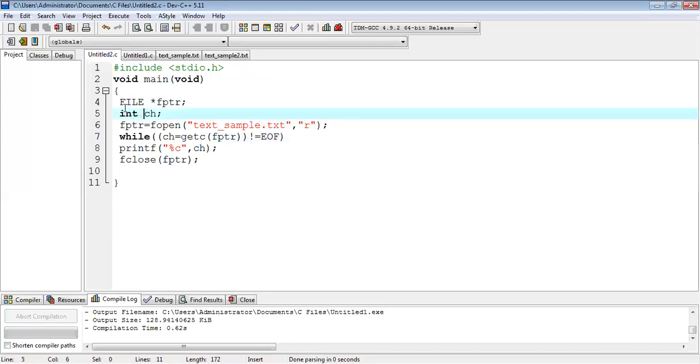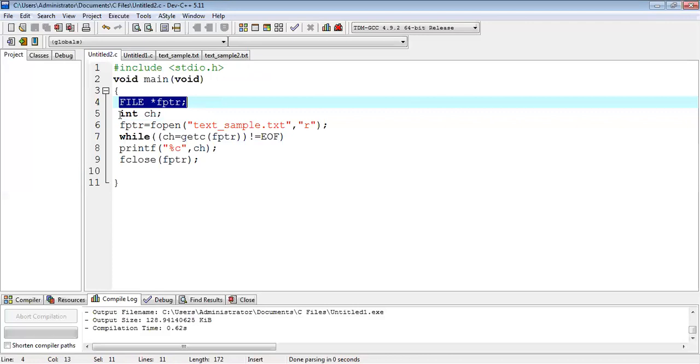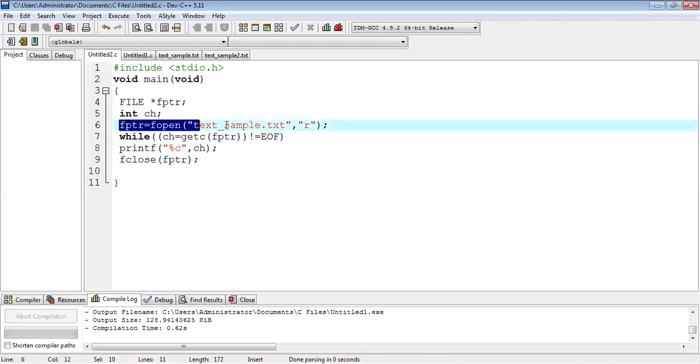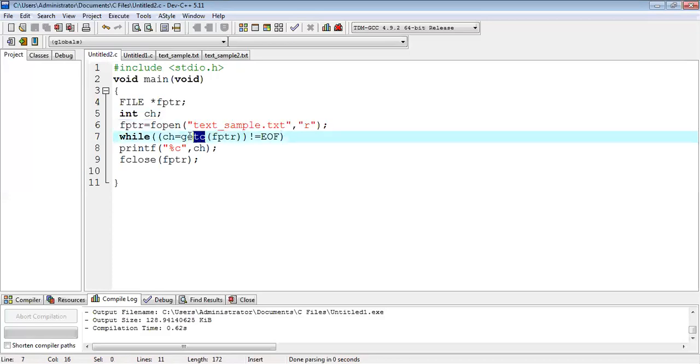In this program, we have declared a file pointer and opened a file for reading purpose, and we want to read this file using getc on the file pointer. Whatever is stored in this file pointer